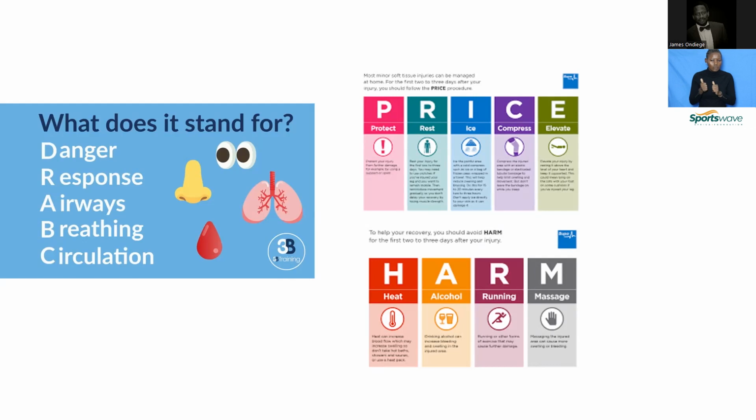The response is you're checking if this athlete is awake or not awake. So you're shaking them or calling out their name to find out if they're awake or not awake. And at that moment, you're also shouting for help. You're trying to check if there's a response from the athlete, and you also shout for help. And then the ABC is just checking for airway, for breathing, and for circulation. These are a bit more complex,